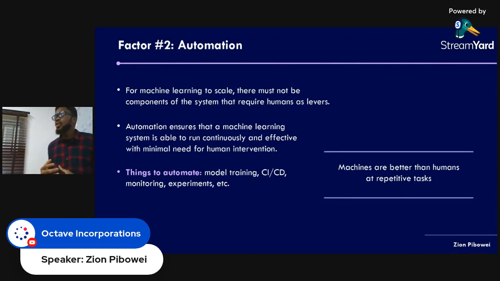So we automate model training, we automate continuous integration and continuous deployment. In fact, we automate continuous training, continuous integration, continuous deployment. We automate monitoring of these models in production. Let's say we have deployed the models. How do we track that the model is still making sense? There's such a thing as model decay. If we are not careful, we think that the model is serving correct insights or predictions, whereas it's already bad. The model has gone bad in production.